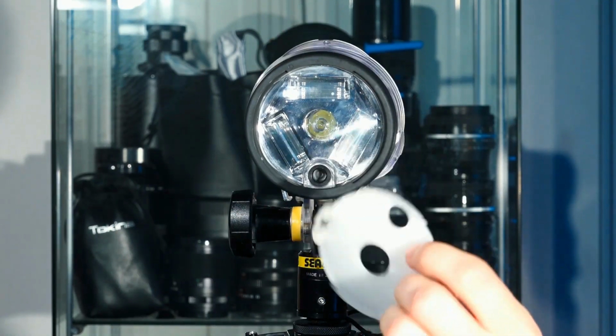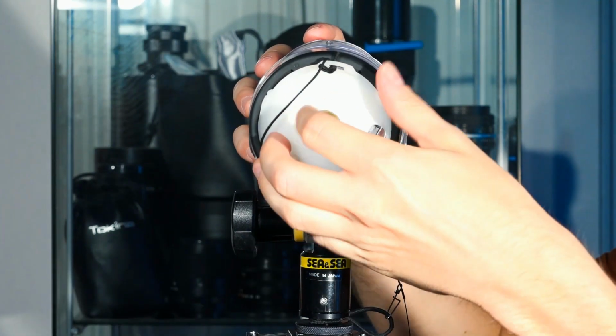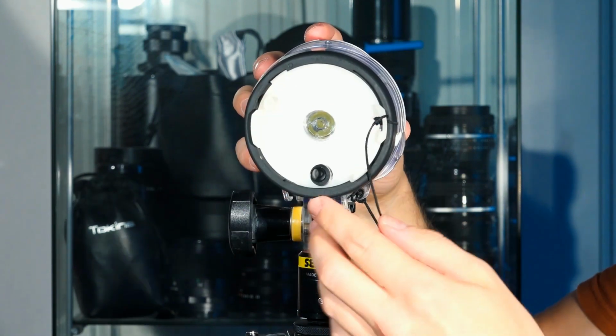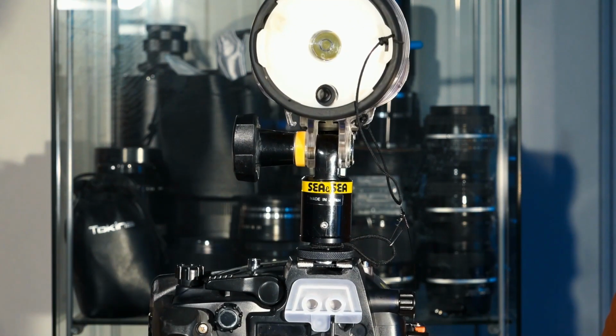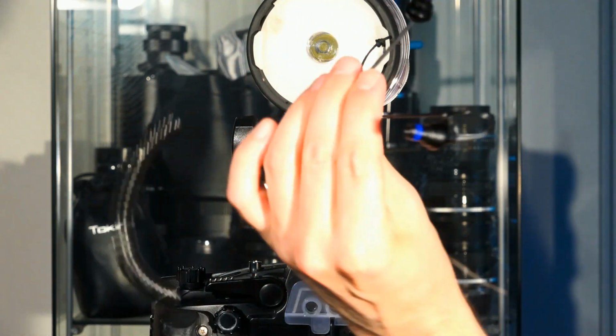Using the translucent flash diffuser underwater will actually change the Kelvin value of the flash from 5400 Kelvin to 5100 Kelvin. A slight drawback on the YS-110 is that there is a hole in the flash diffuser, which means that you have to remove both the fiber optic cable and the flash diffuser in order to put it on and off,